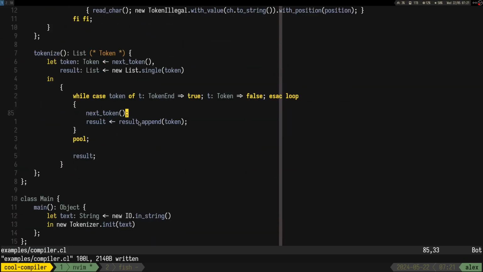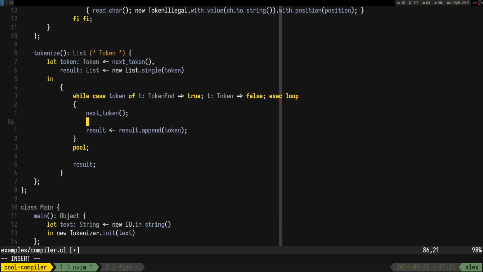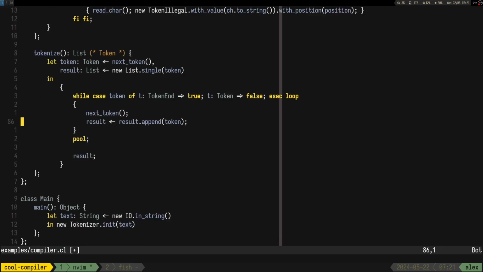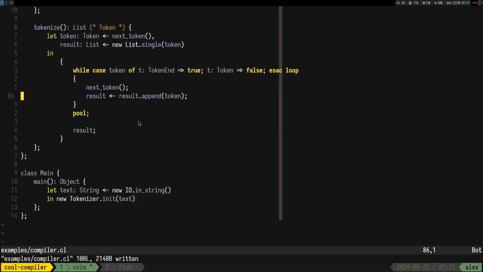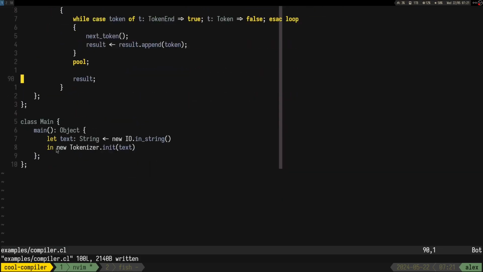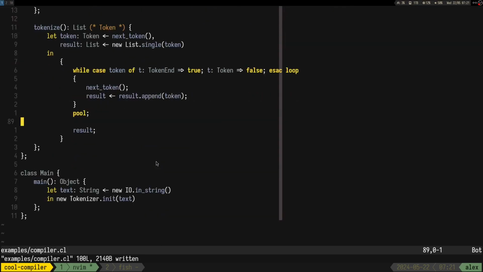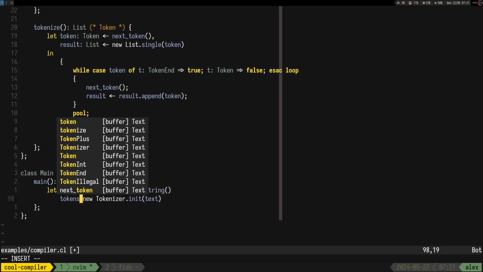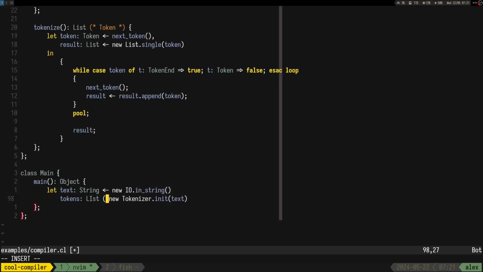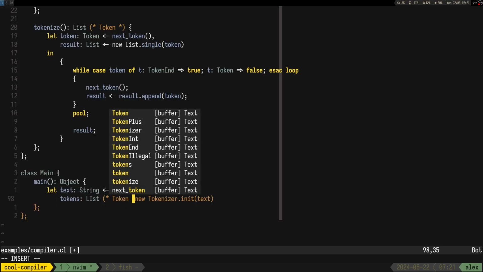So how about printing the... Oh, but I did only init. Yeah, fair enough. So let's also do tokens is a list of token.